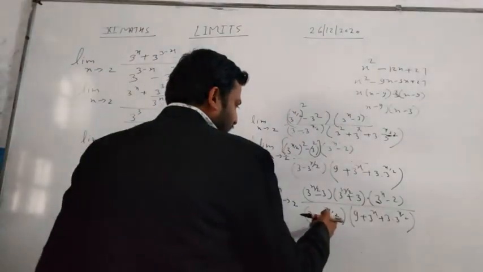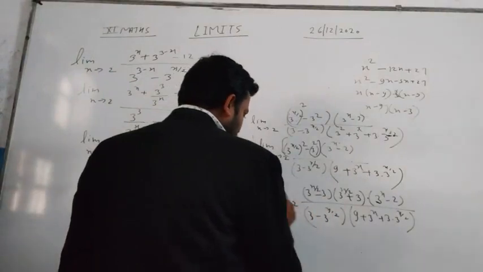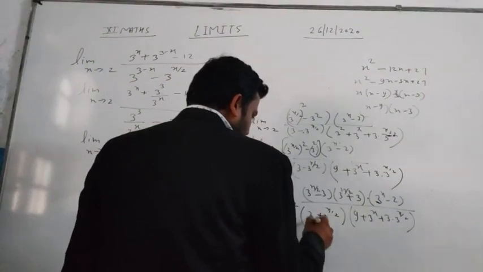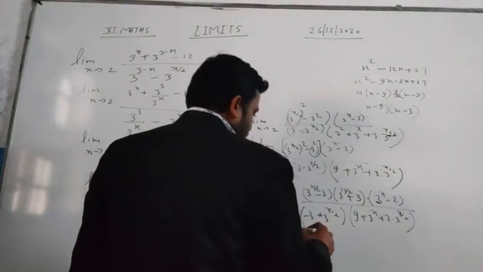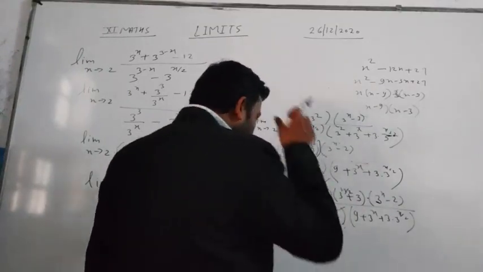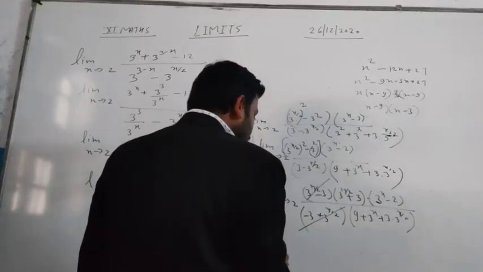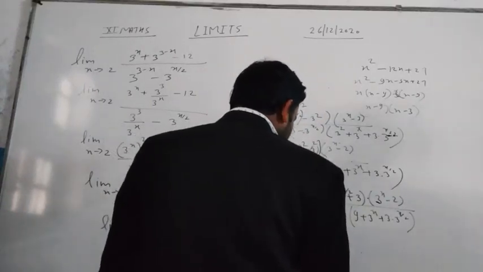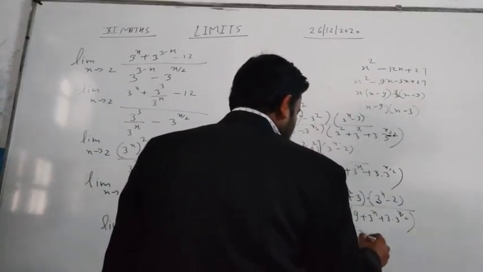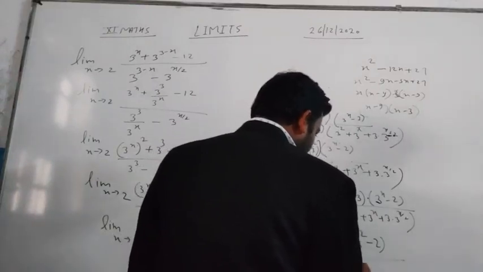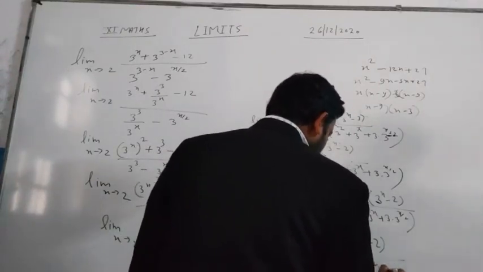Now student, from here we are taking the negative sign outside, and this term will be positive and this term will be negative, and this is cancelled by this term, and in the remaining terms we are going to put the limit. So we are getting 3 to the power 2 by 2 plus 3 and 3 square minus 2 by 9 plus 3 square plus 3 into 3 to the power 2 by 2.